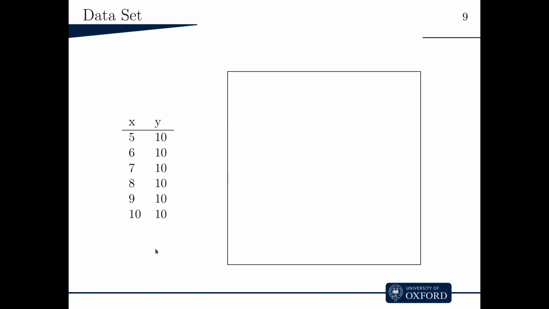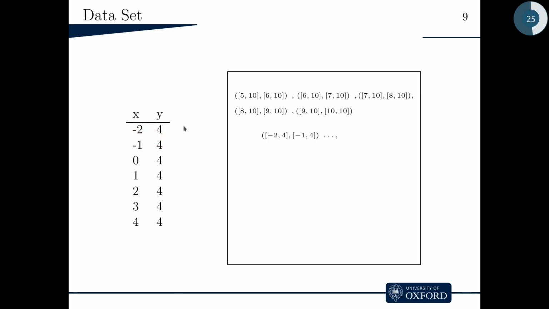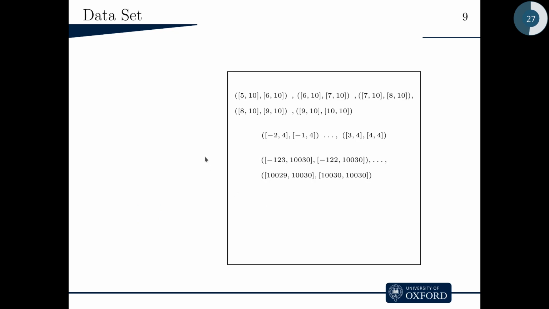Then given these traces, we generate our dataset. Our dataset is essentially a sliding window of size 2 of these traces. So here we have 2 consecutive states, and these constitute our first training pair. 5, 10 and 6, 10 are 2 consecutive states that constitute 1 training pair. We create the sliding window over all our execution traces, and in the end we have all these pairs of states, and these constitute our training